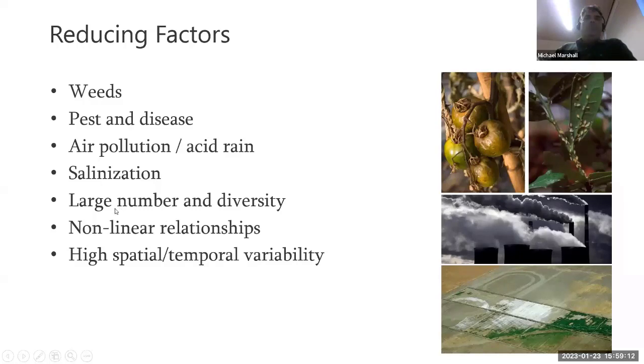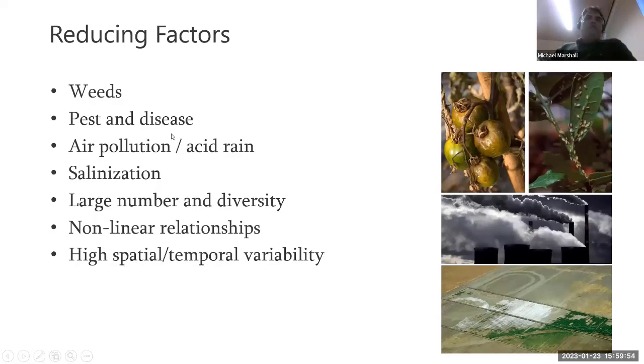Yeah, so some of the problems with looking at these factors in a sort of big leaf approach is there's a large number and diversity of, say, weeds and pests and diseases. The relationships are nonlinear. The other relationships I showed are also nonlinear, but cannot be solved in a functional way. So I'm sure, I haven't really studied it, but there's probably work being done to address reducing factors using machine learning or deep learning, because these modeling approaches account for